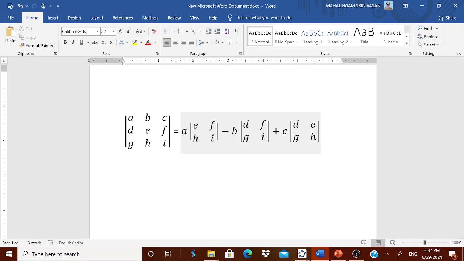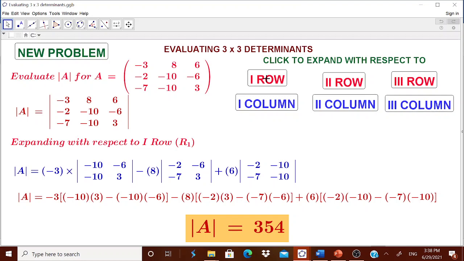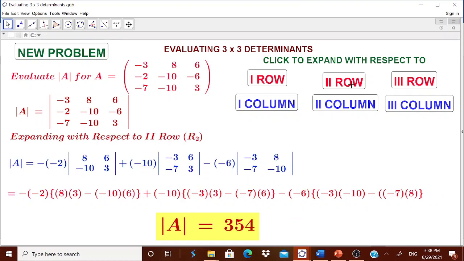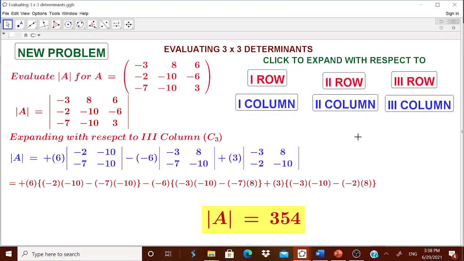Whenever you are writing any entry outside the determinant, please put it inside a bracket, because the number generated may be negative or may not be negative. We don't know it. Therefore, the child should be very clear about it. Now, what I have done is, here I have taken first row, first column. Therefore, have a check button for the first row, show only the first row. Do it for the second row, do it for the third row. Have a check button for everything, and a child can do it.